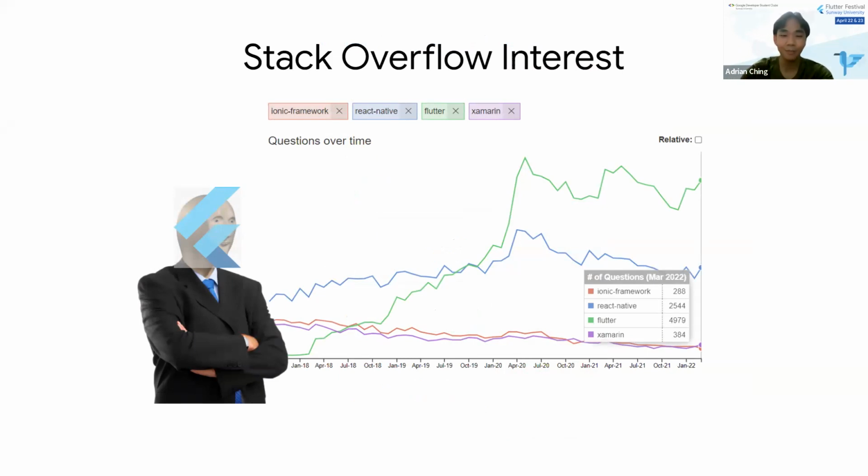This is evident from the number of questions asked about Flutter on the popular programming site Stack Overflow, which, if you have a little bit of programming experience, I'm sure you have come across. Although this metric may not seem significant, it's still nice to know that Flutter is becoming more popular since its official release, which is around here, December 2018. You can see the interest just skyrocketed, like boom.